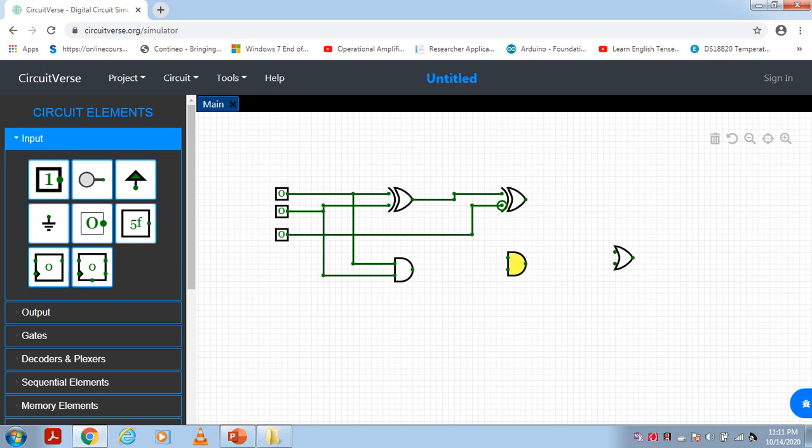Yes. For this AND gate, one of the inputs is connected to this point, and the second input is connected like this, right? Now this carry output of the first will be connected to here, that means the OR gate.